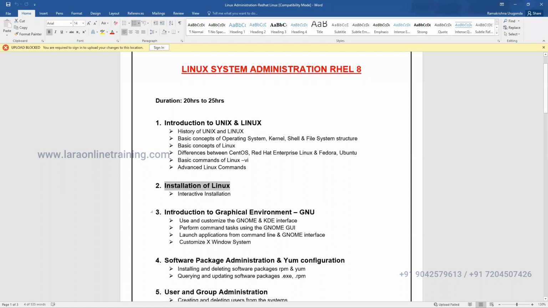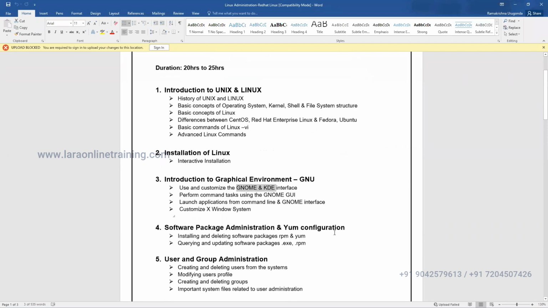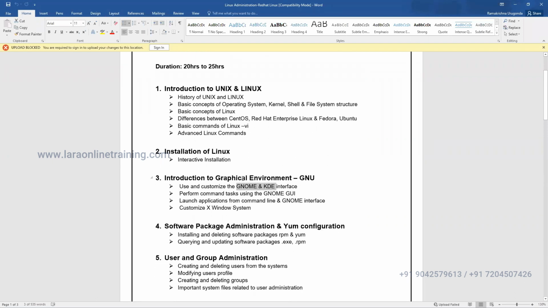This introduction to the graphical user interface is actually not required, because I'm just giving you some theoretical concepts on what the GNOME and KDE desktops are. Linux has two types of desktop. One is the GNOME desktop, the second is the KDE desktop. GNOME is the default desktop, and you can switch from one desktop to another. It's not much important, but it will give you an idea of how to run some options at the graphical level.